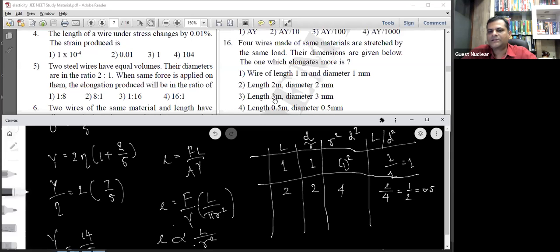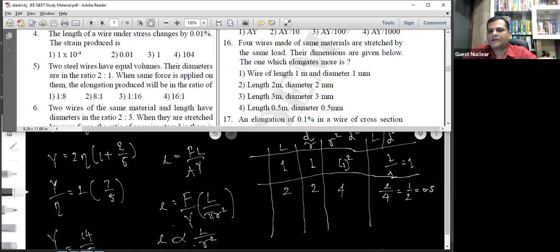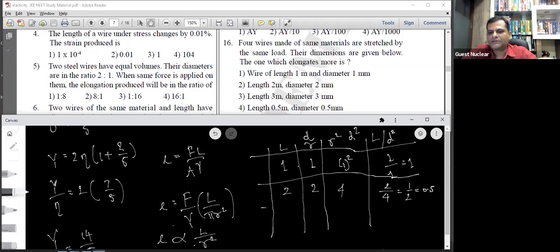तीसरा वायर के बारे में अगर बात करते हैं 3 मीटर और 3 मिलीमीटर डायमीटर, तो यहाँ पे आ जाएगा उस वायर का लेंथ है 3 मीटर और डायमीटर है 3 मिलीमीटर, तो उसका स्क्वायर बन गया 9 मिलीमीटर स्क्वायर और रेशियो बन गया 3 अपॉन 9 जो कि 1/3 मतलब 0.33 हो गया रिकरिंग, नो डाउट।